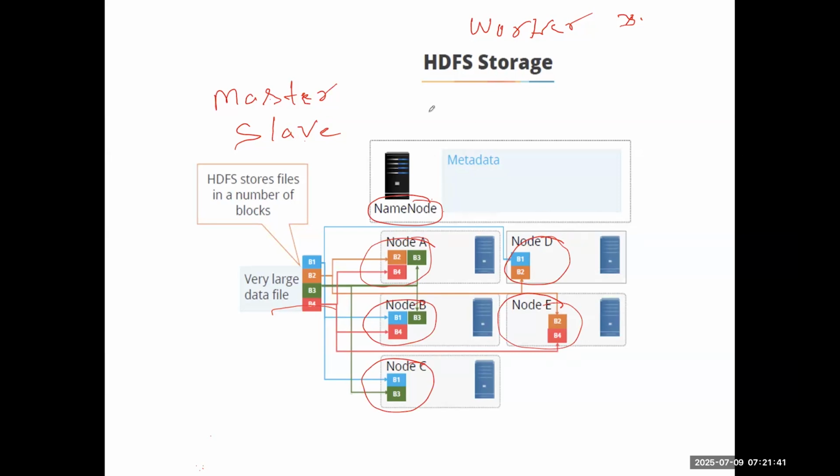Let's suppose I told you we are storing the data on multiple servers, right? Let's suppose you have table A and table B, and you keep the table A data on this and this. I'm just representing A by this and B by this. So let's suppose my B is on this, this and this.